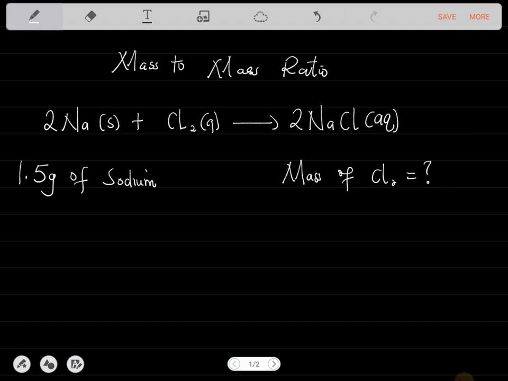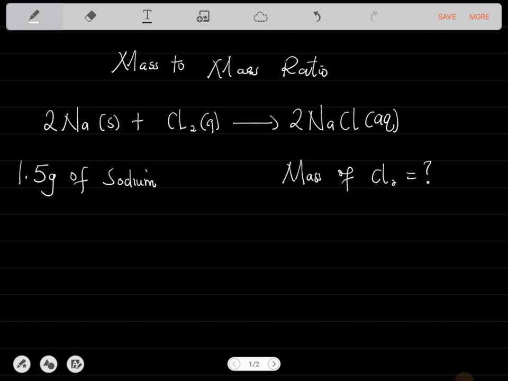So if 1.5 grams of sodium reacted with a certain amount of chlorine to give us sodium chloride, what is that amount of chlorine that reacted? And I'm going to explain this in terms of mass to mass ratio, not mole ratio, but mass to mass